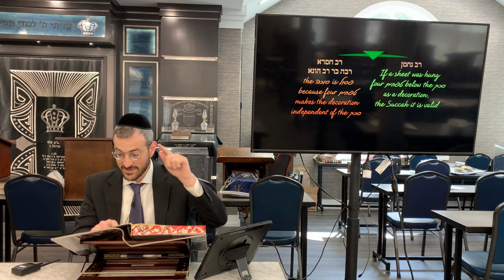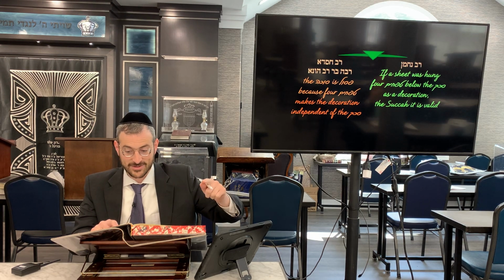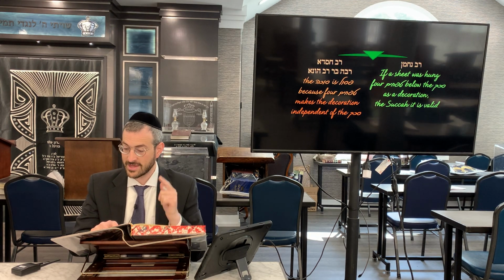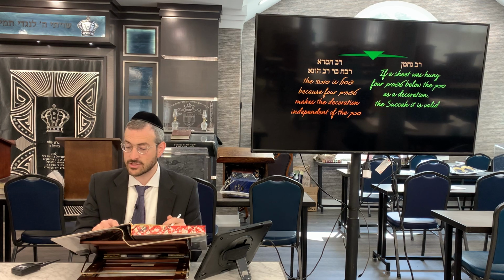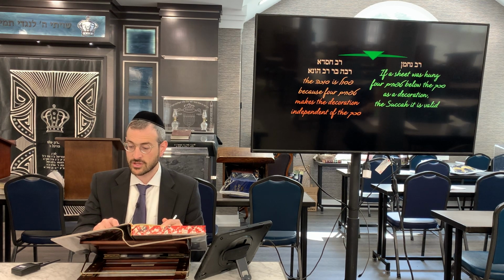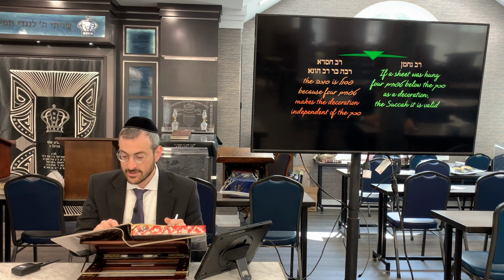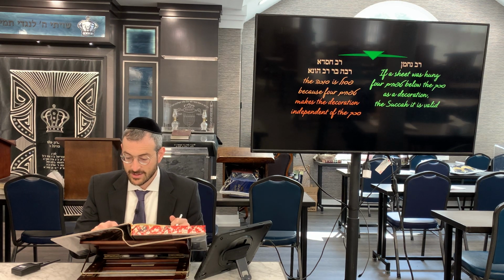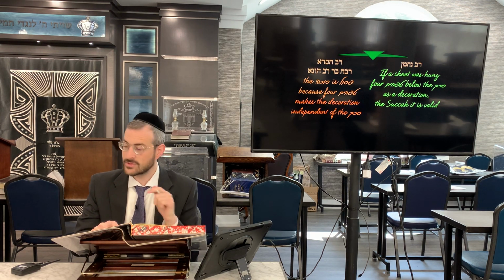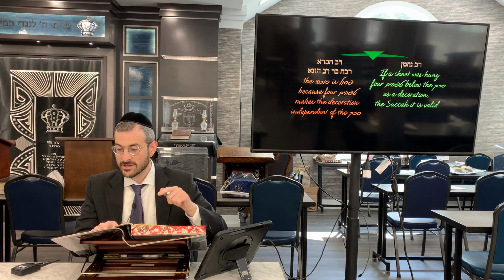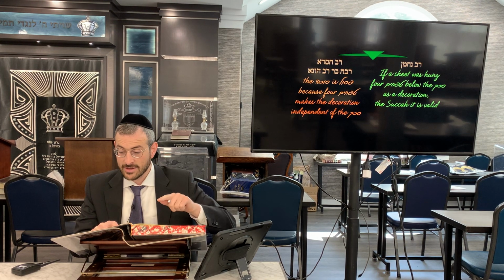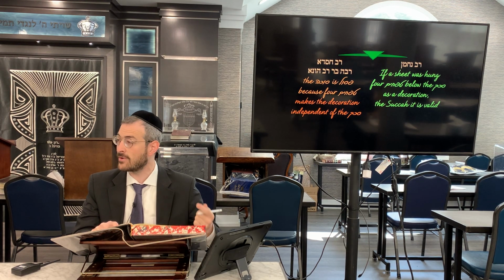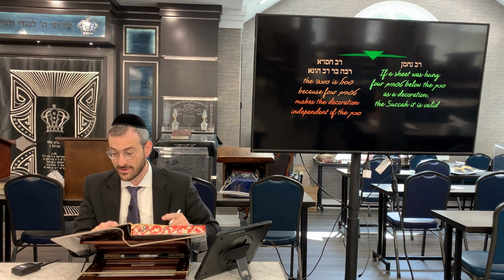We had this machlokes. Rav Nachman had said it's kosher. Rav Chisda said it's pasul. So actually, all these 3 individuals are part of the story. Rav Chisda and Rav Sheshes bar Rav Huna, who again held that such a sukkah would be pasul, went to the house of the Resh Galusa, who was in charge of all the Jews in the diaspora. Agninu Rav Nachman. Rav Nachman was the Av Beis Din, and he was a minister, and he was in charge of the house of the Resh Galusa, and they would do everything based on his psak. He put these 2 Amoraim who disagreed with him on this halacha to sleep in a sukkah whose decorations were hanging 4 tefachim away from the schach, which again is not like Rav Chisda and Rav Huna hold.